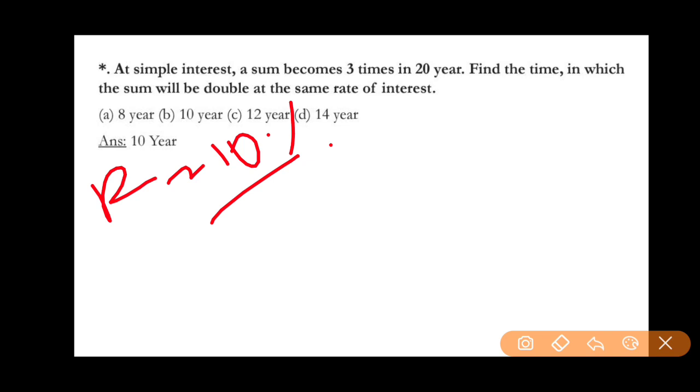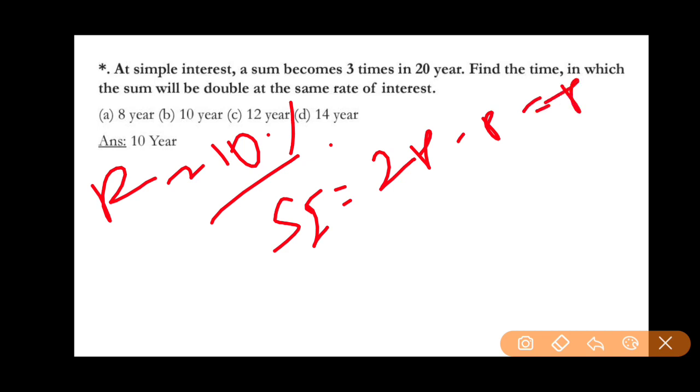Okay, then again for the same rate it became double. You need it for the double thing, okay, 2p. So what would be the simple interest? Simple interest would be 2p minus p, which is equal to p only. So you can check it from that also, 2p minus p equal to p. So simple interest equal to principal into time. What is the time over here?